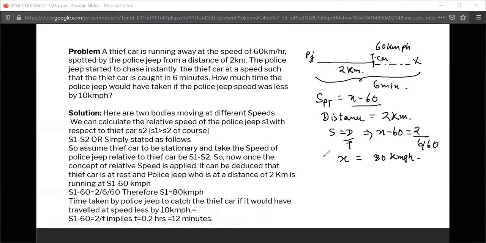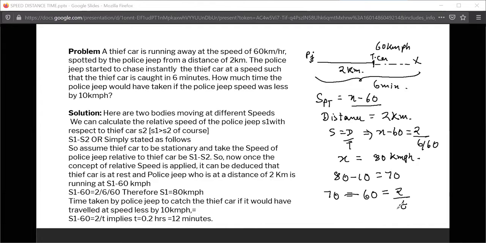Okay, time taken by the police jeep to catch the thief, if it would have traveled at 10 kmph less. Then what would be the case? Then that would be 80 minus 10, that will be 70. So at this speed, if you set the equations of motion, 70 minus 60 equals distance 2 times t in hours,